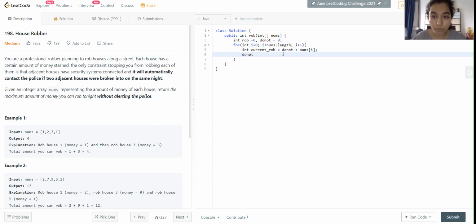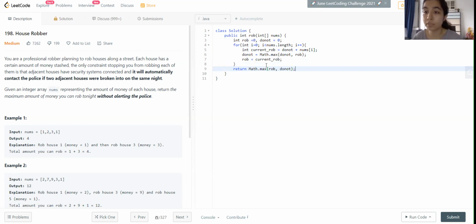Do not rob becomes Math.max of do not and rob. And rob becomes current rob. And this is pretty much it. And we are going to return Math.max of rob and do not.